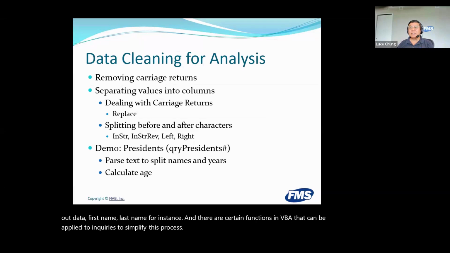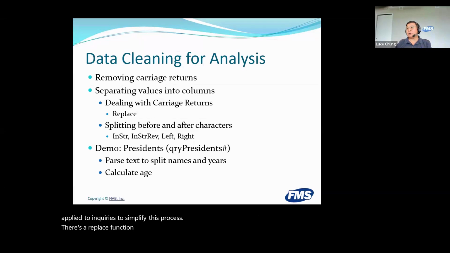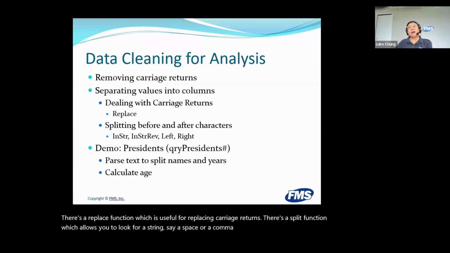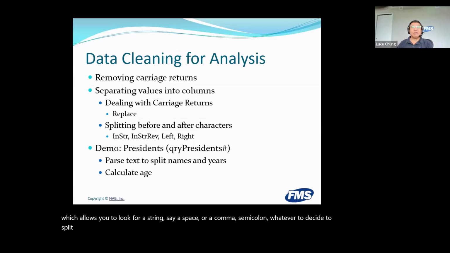There's a Replace function, which is useful for replacing carriage returns. There's a Split function, which allows you to look for a string, say a space or a comma, semicolon, whatever, to decide where to split data. There's InStrRev to look for the string from the back forward as opposed to the front forward, left, right, and so on. So the example I'm going to show you here is